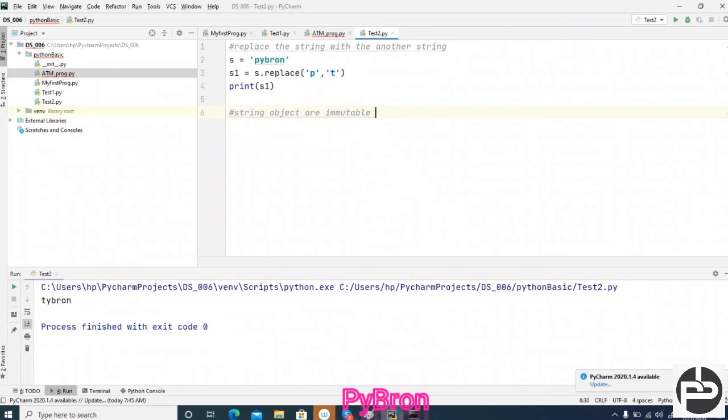If string objects are immutable, then how can we change the content by using the replace method?